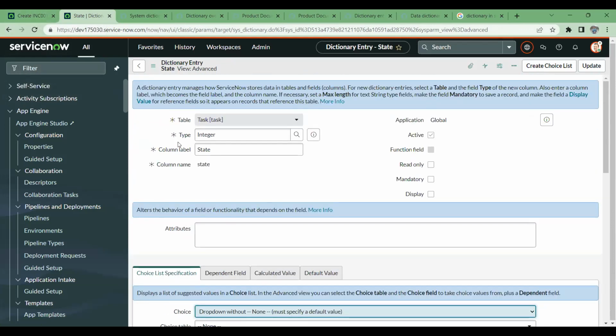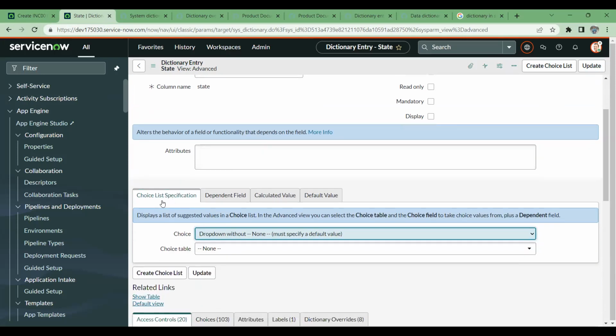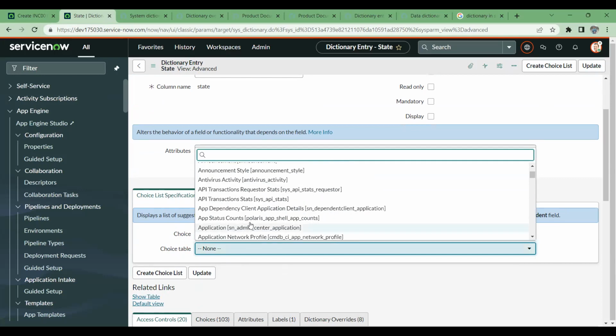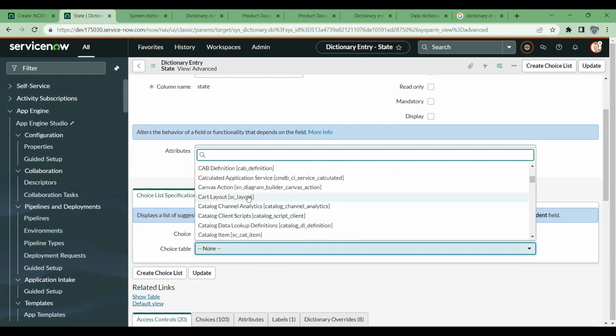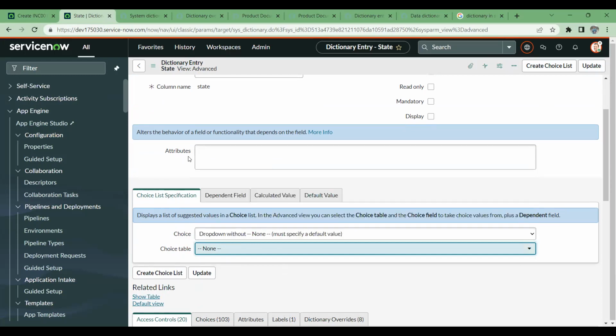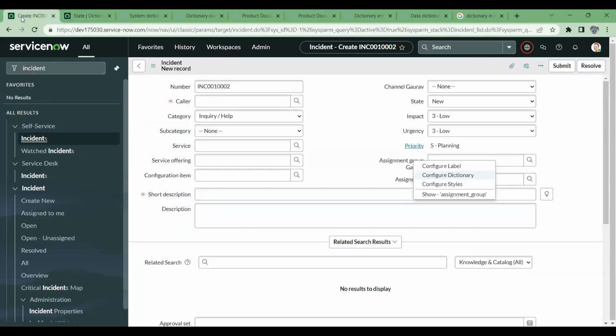Means for your particular field, if the choice is there, then how the choice will look, you can play around with it. If the choice has any table, so your choice is from any kind of table, you can select it from here. Let's say, what I can do, I'll create another one instead of